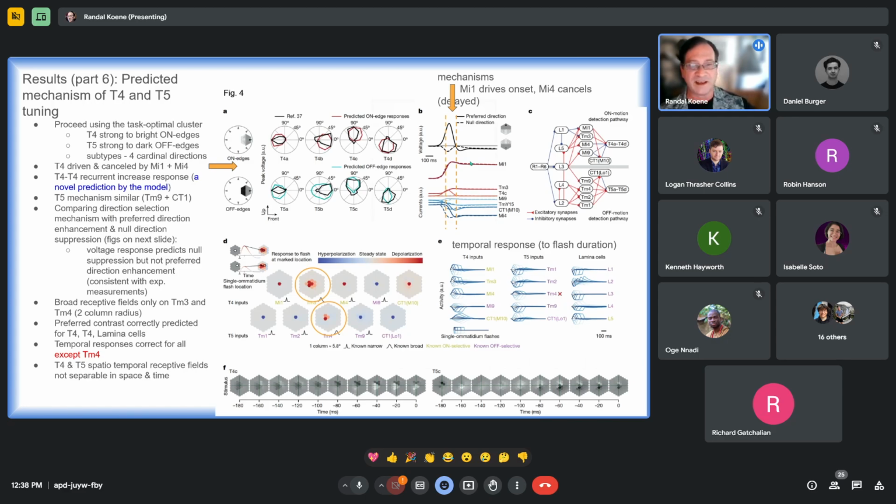Looking at the missing delay in the dashed curve of MI4, so this other curve down here, see the little dashed one? You see that the delay that you had here, where the onset of that strong inhibition took a little while, that's missing over here. When we see that that's happening, this is what you get for the opposing null direction, and explains the lack of a strong response in T4C. And yeah, the null direction is the opposite direction of the preferred direction.